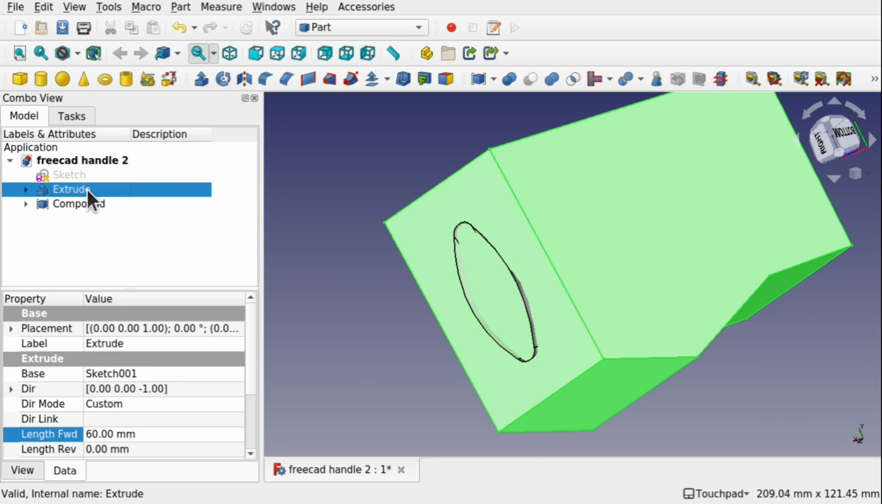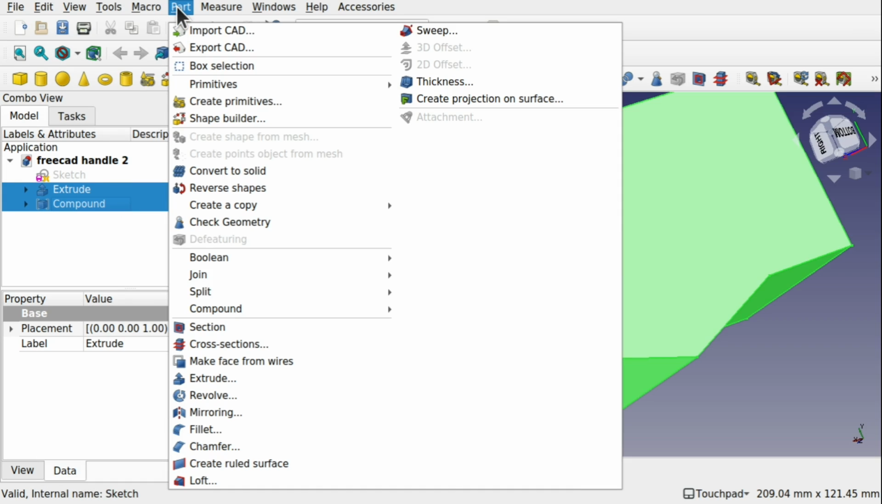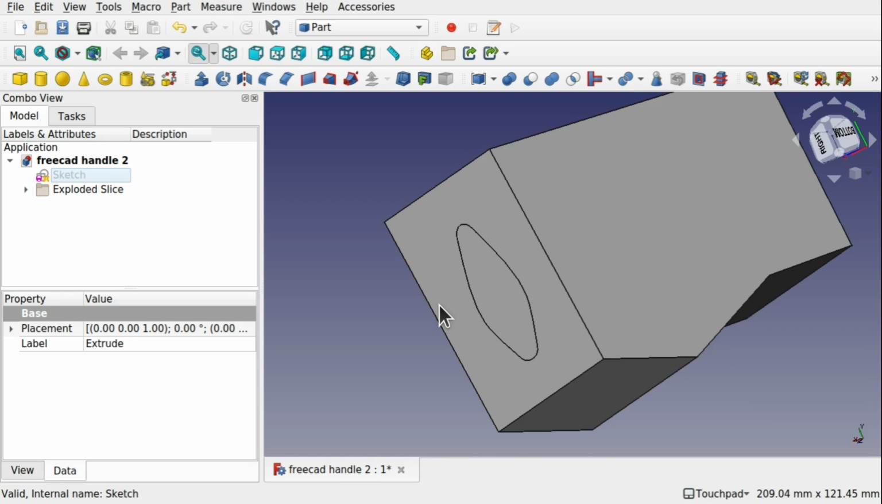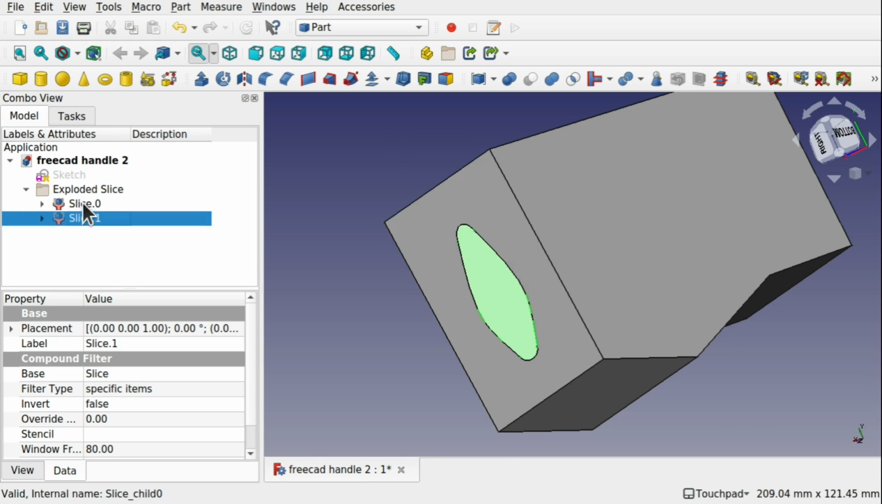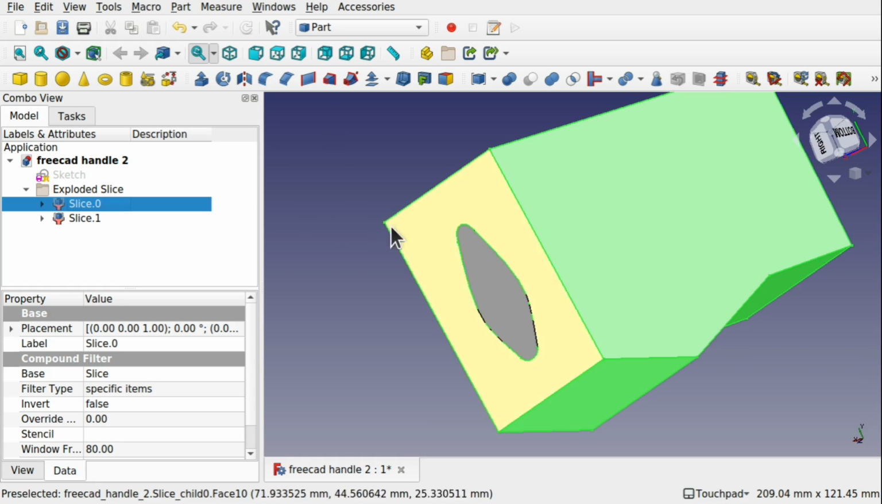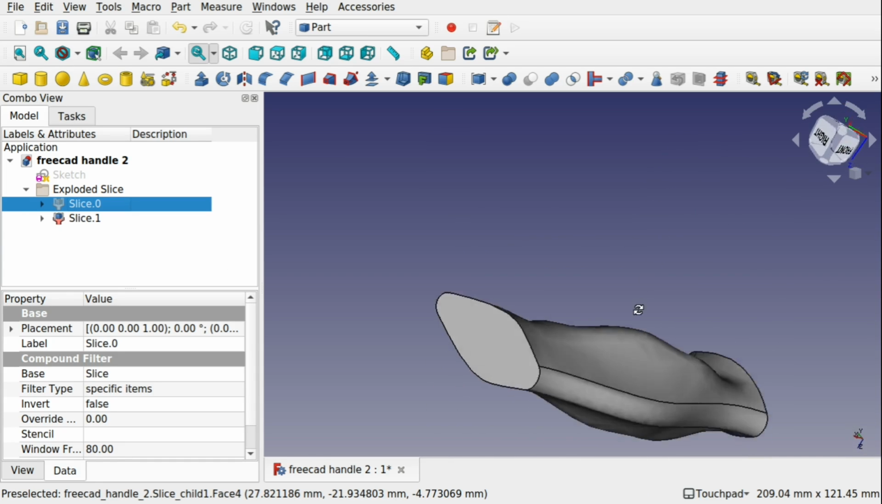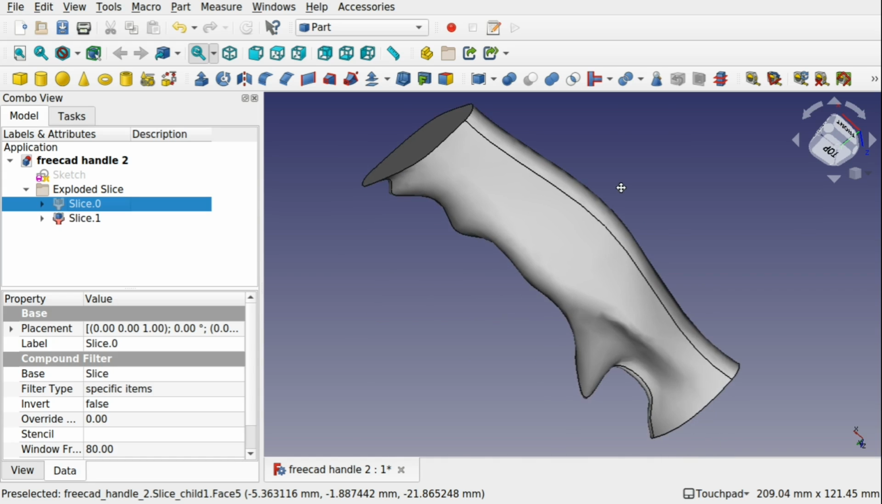Select the extrude, control click the compound, come up to part, split, slice apart. You will notice that inside we have a face here and also a face here. Come into the exploded compound, you'll see two slices. If I click on the slice that was our extrude, press the space bar, we've now got a solid object. So this is a solid now,